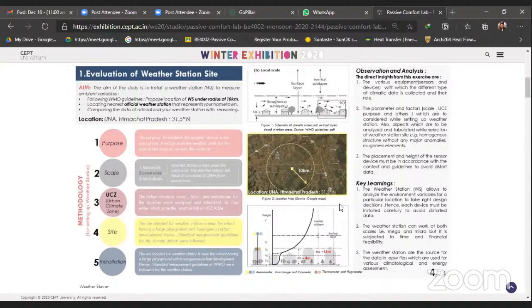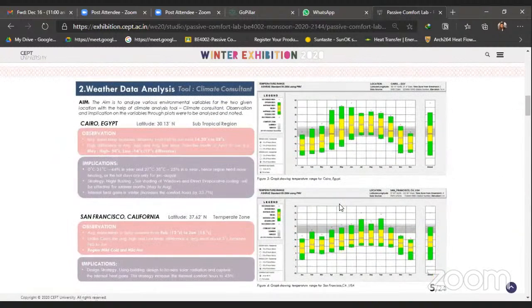And also we looked at various scales like local scales, micro scales, and mega scales, and how it deals with it. So moving on to the next, this one is what we did with tools like